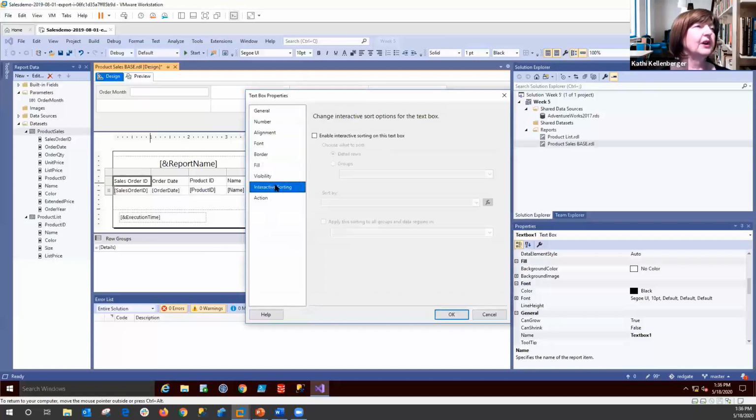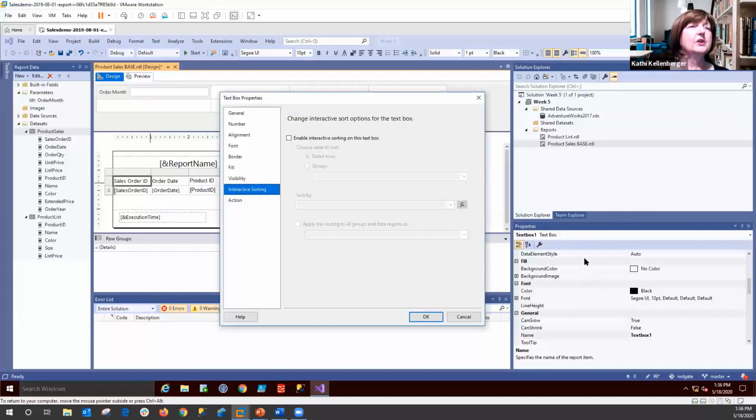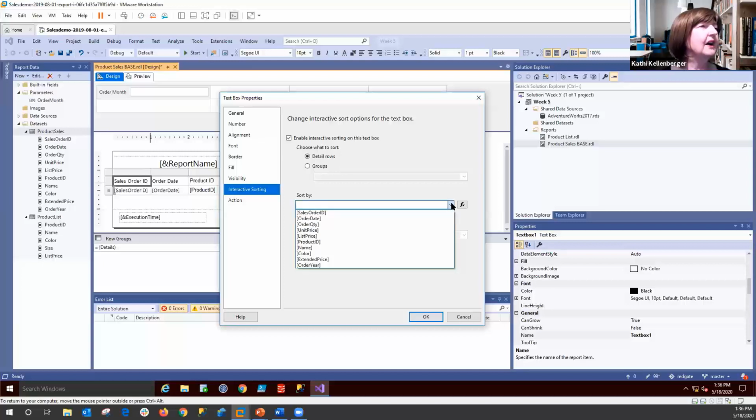and interactive sorting. Now, I believe that this particular property can only be found in the Textbox property dialog, not over here in the other properties window. I'm going to enable interactive sorting. I can choose to sort details or groups. I've actually only sorted on details. I'm just wondering how complex, things can go kind of crazy if you do too much. And sort by, and it's going to be the same field that I'm working on, sales order ID, and click